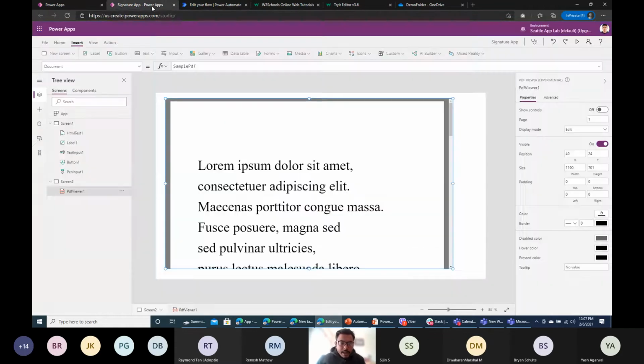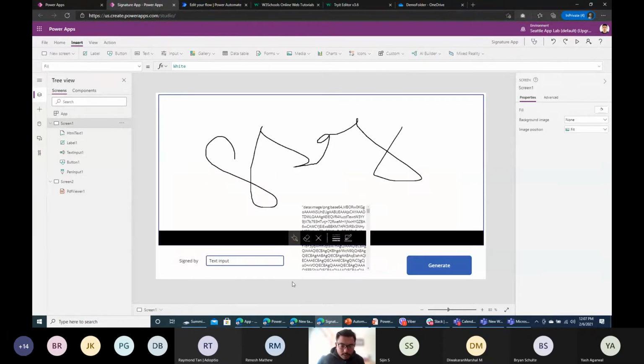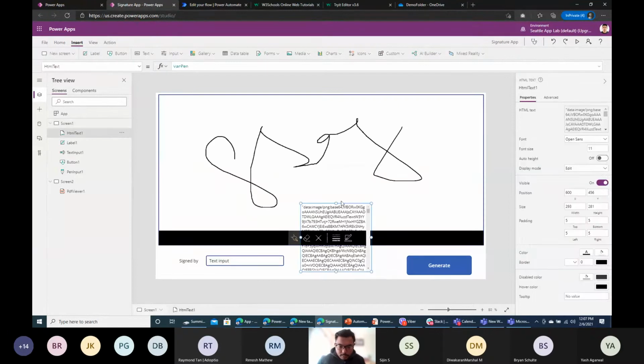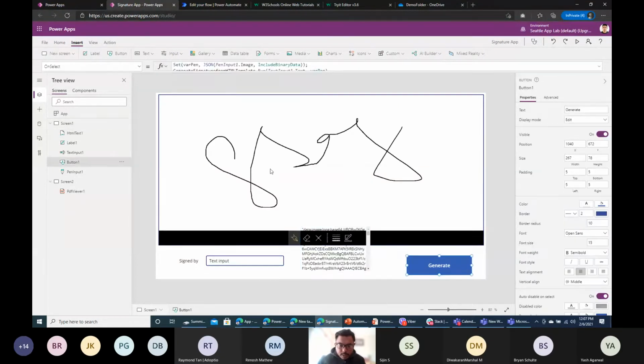So I come back to my app. This is showing lorem ipsum for now, which is dummy text. I need to show whatever information is generated. So I go to screen one, keep it as it is, on the generate,